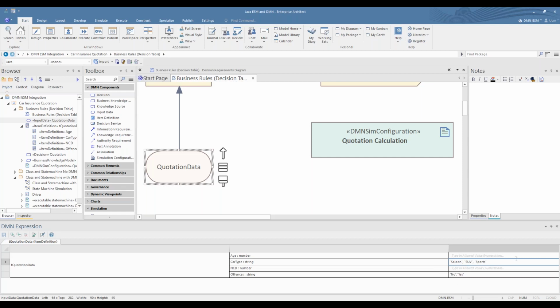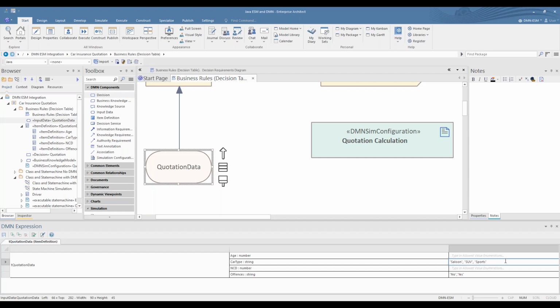So you're setting up an enumeration. The advantage of doing this is that EA is very clever when it comes to entering the decision table and other items which we'll come to. It actually has predictive text. So if you've got these enumerations, they will become predictive text in other bindings, as we'll see a little bit later.